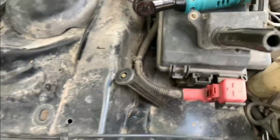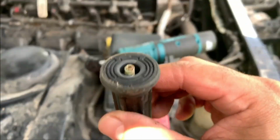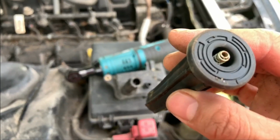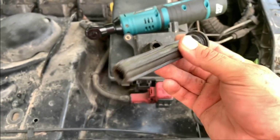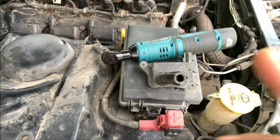You can see I already pulled one out, and you can close in on that. It looks pretty rusted, pretty old. So we're gonna get rid of these, swap them all out, and then let's hope for the best